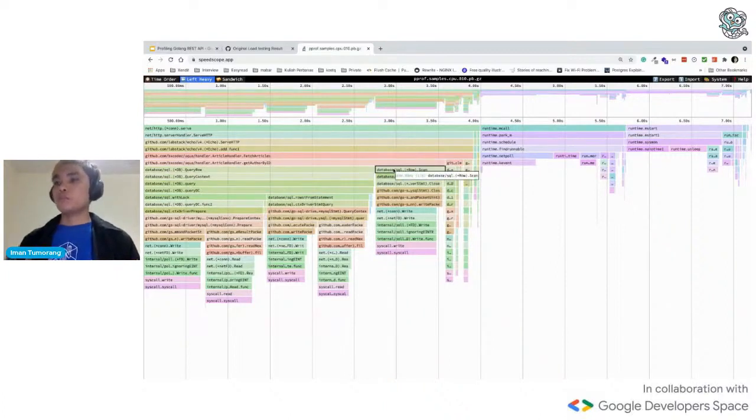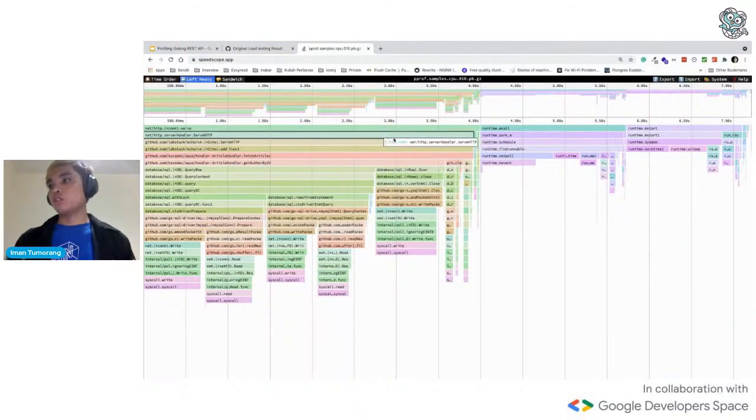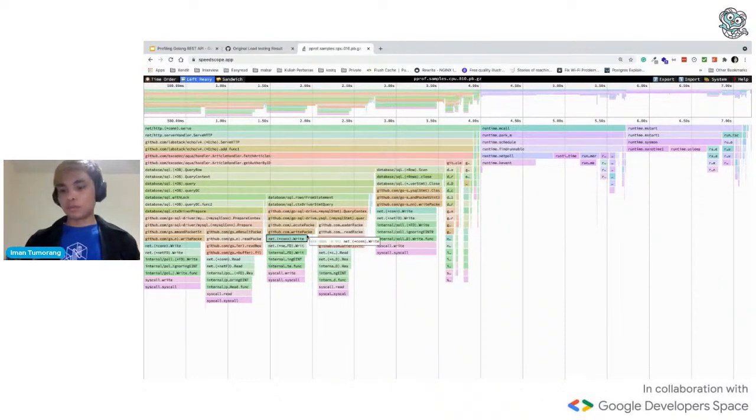So we know that the function we need to improve is this one, to ensure get author by ID is sorted and maybe cut in half, or maybe even faster, maybe we aim for 2 seconds or 1 second.